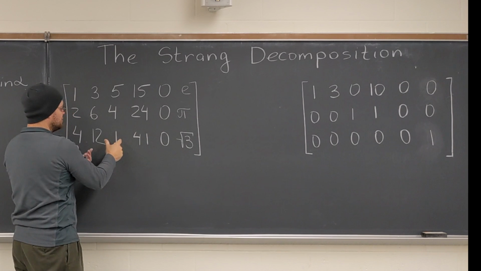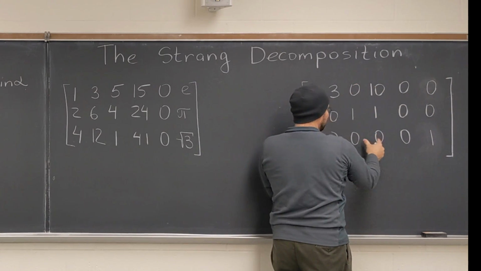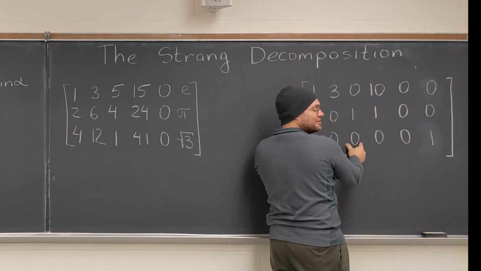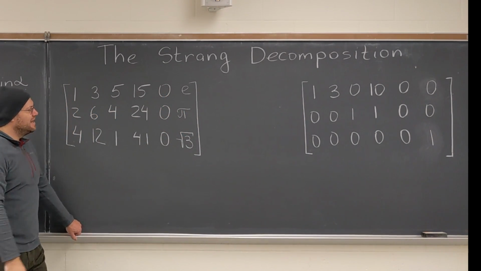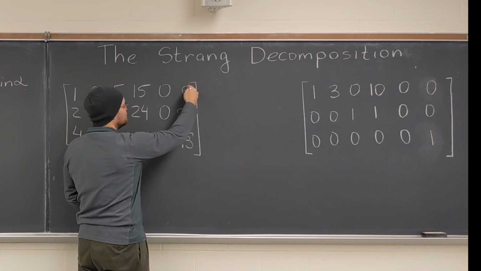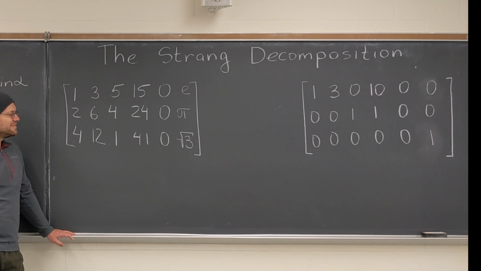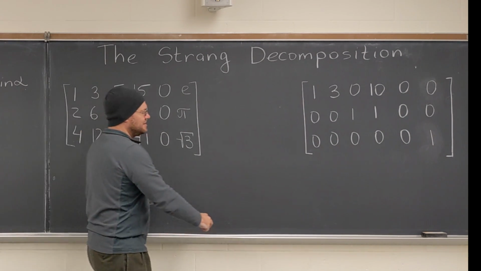Whatever relationship this column has to the columns in this matrix, this column will have the same relationship to these 2 columns in the eventual matrix. Same thing for the 0 column. And finally, because of its quirkiness, we can tell that it's linearly independent from the columns that came before it. So it's going to be the 3rd pivot column, which is 0, 0, 1. All right. So this is the matrix A, and this is the matrix R.